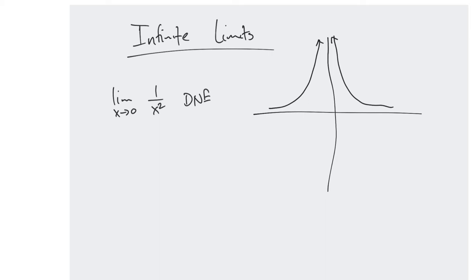But we can be more specific. It's not just that there isn't a specific y value. We can say even more specifically that these function values go up forever. And the way that we write that is the limit as x goes to 0 of 1 over x squared equals infinity, all right? When I say equals infinity, I'm not trying to tell you that infinity is a number, because